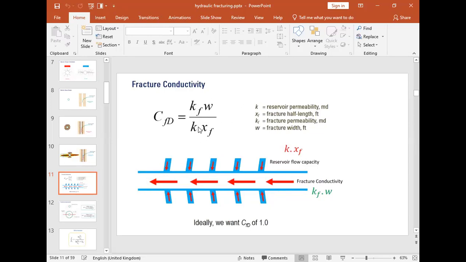Then we know our formation permeability, that's the permeability of the formation in general. So from there, we should be able to calculate the hydraulic conductivity. All right. So ideally, we want this hydraulic conductivity to be around 1,